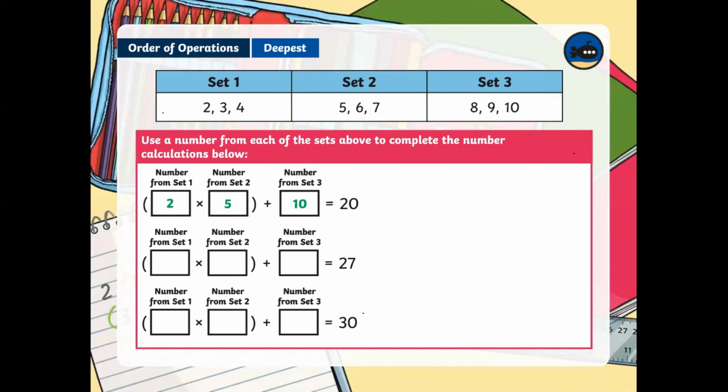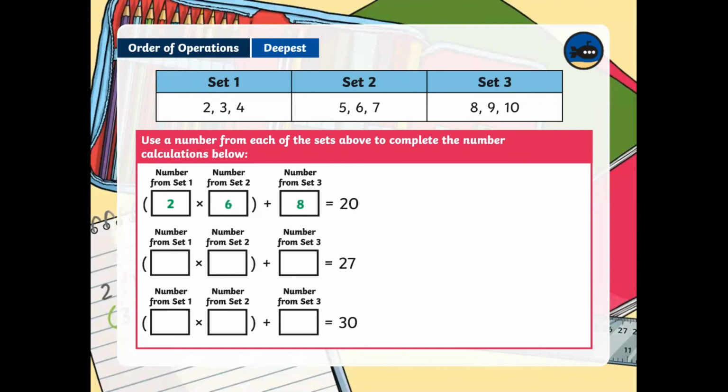And then we have to times 2 of the numbers in set 1 and set 2 together to get 19 or 18. Okay, and how are we going to do that? We can see that 6 times 3 is actually going to give us 18. So then we know that we can use 3 in the first block, 6 in the second block,